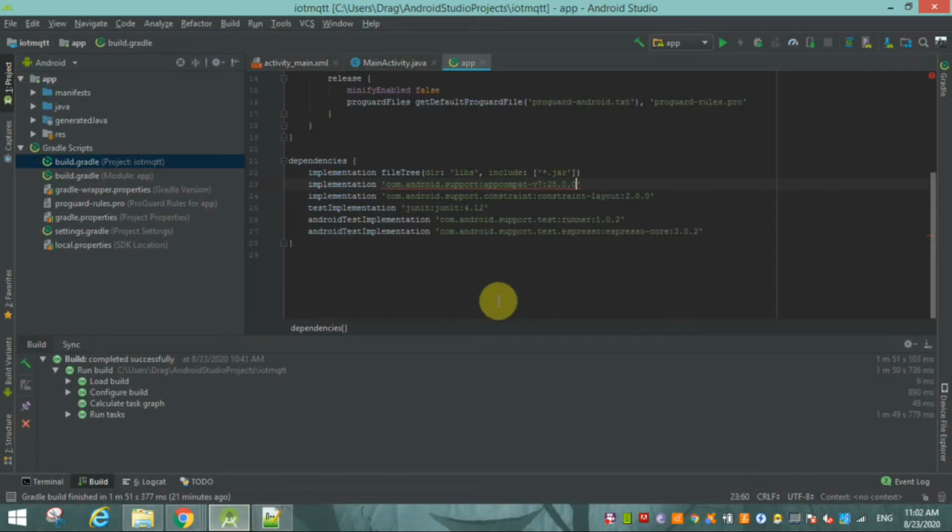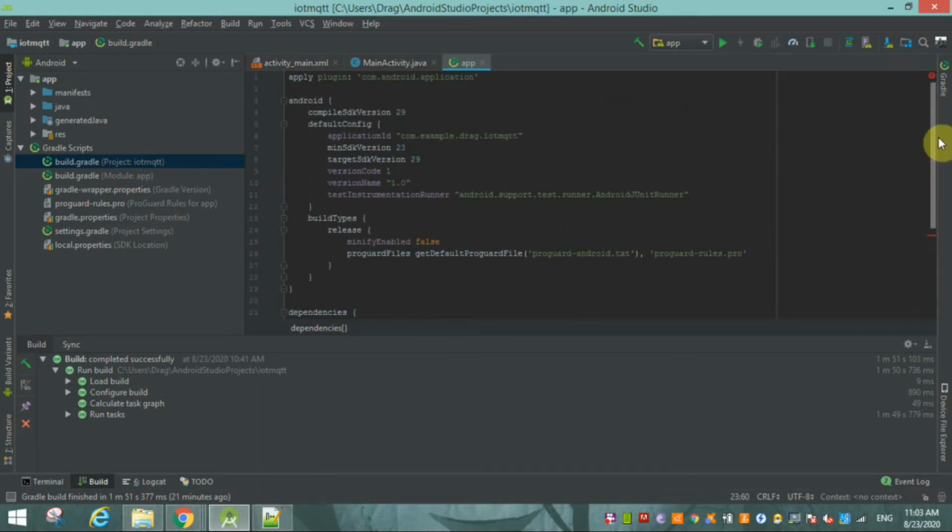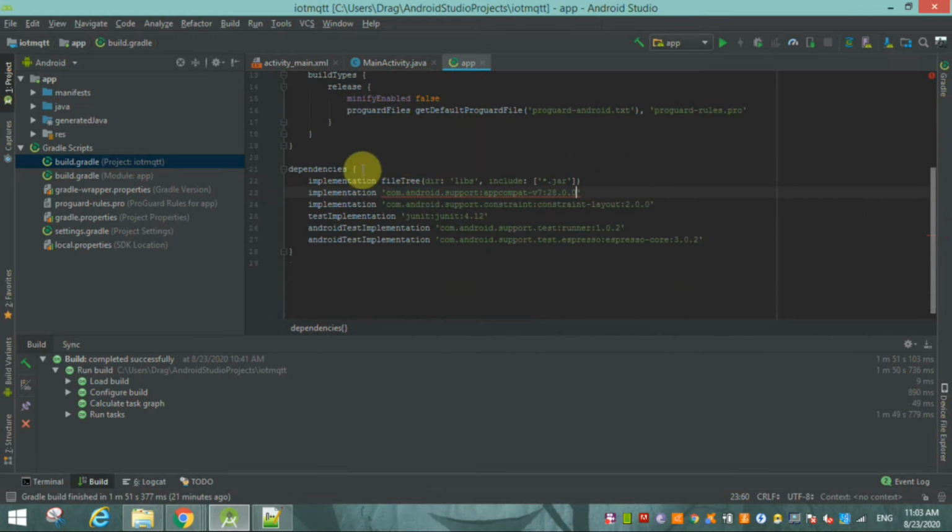Let it compile and generate the project. Okay, now our project is completely built. Now let's start developing this project. Before making our app, we have to include some libraries, repositories and dependencies, for connectivity of the MQTT server with your application.